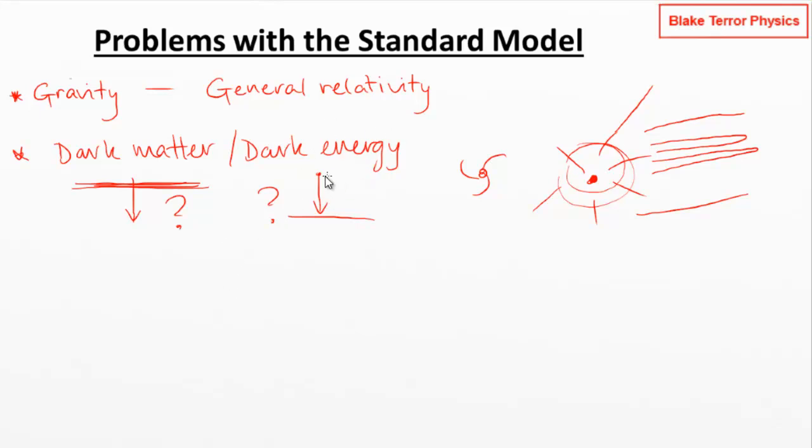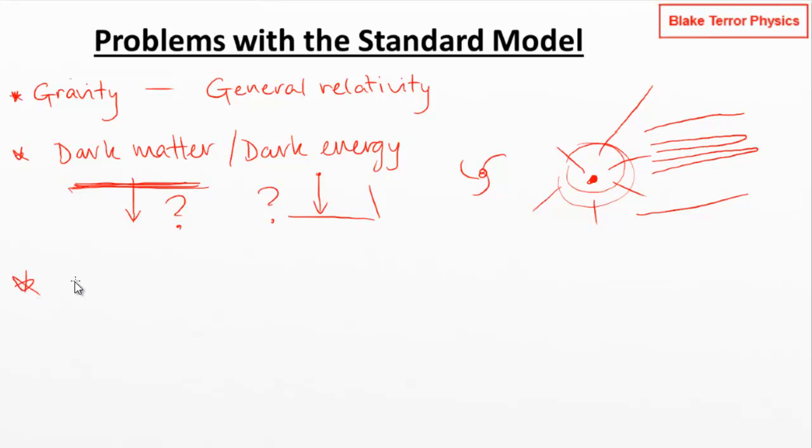Have we got some kind of new field, some kind of new interaction going on here, which is driving this and containing the dark energy? Because it doesn't seem to be explained by the ones that we've currently got in the standard model. And similarly for the dark matter, are there other particles around? So another two big unknowns there.